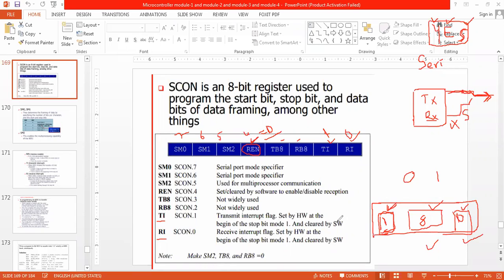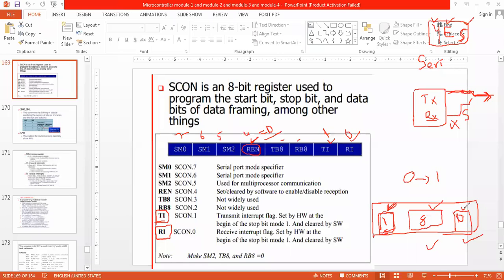To notify that, we have TI, to notify that the microcontroller has reached the stop bit. Then TI will automatically go from 0 to 1.